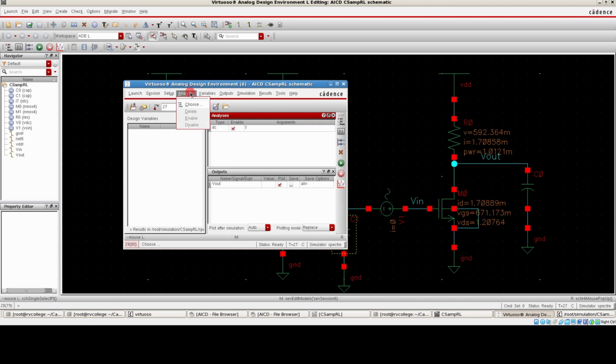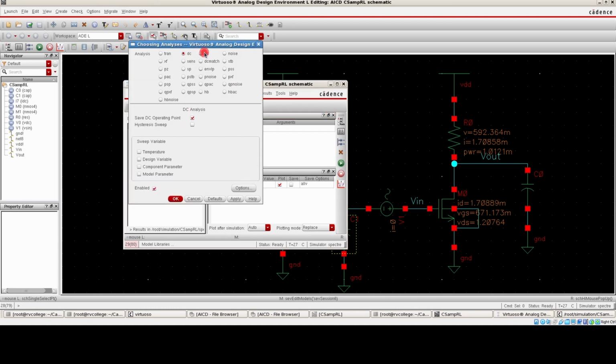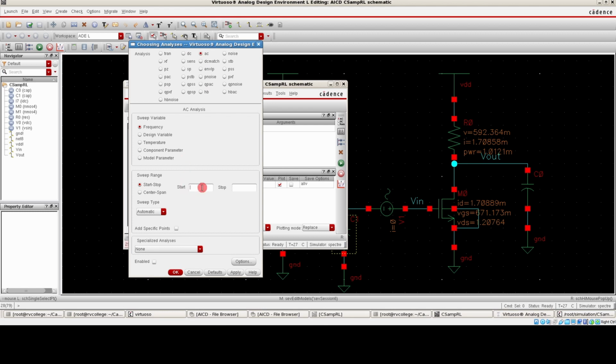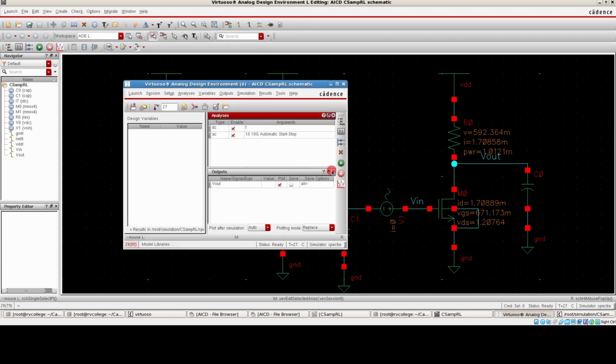So click on choose analysis, choose, and go to AC, and let us try to vary the frequency range from 10 Hertz all the way to, say for example, 10 gigahertz. Okay, so I've just given 10 G. So click OK, and now this sweeping expression will define the X variable, and we have got the Y variable here in the output section, and now when we go for plot, we end up having a graph for it.